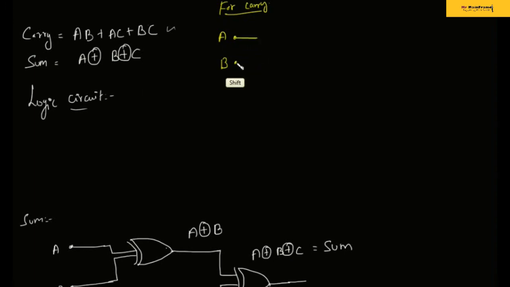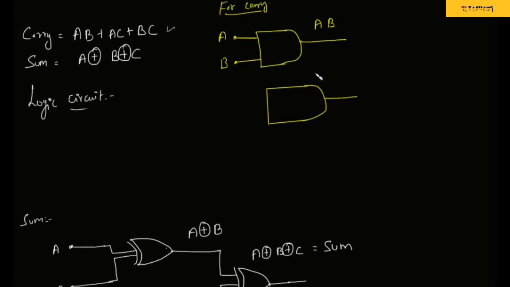Now we can go to the logic circuit for the carry. I'll put it on the top, since there is no space available here on the blackboard. So please wait. Yeah, the logic circuit for carry out. For carry out we need 3 AND gates. This is for AB, so they are connected to an AND gate, and that AND gate goes like this. This is the output you get for AB. I'll draw it neatly. Please wait. I'm not very good at drawing, but just a minute. I'm sorry.